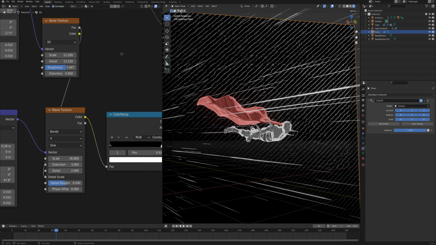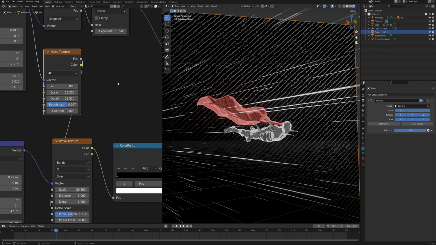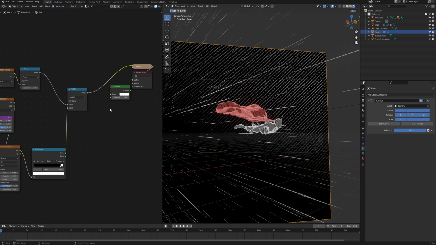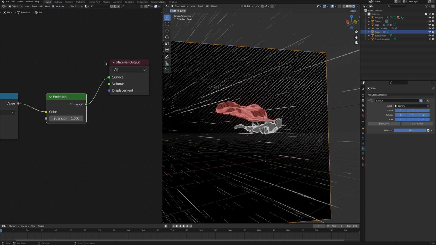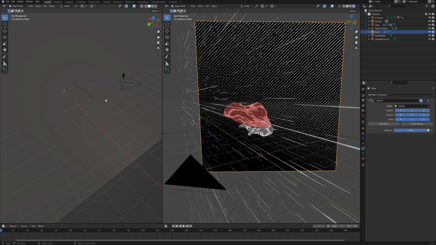Now in order to animate this, we need to change the noise texture from 3D to 4D and do what we did before, so add a driver to our W value. Again, hashtag frame, and we can use the same divider 30 so that it's aligned more or less with the dynamism of our scene. And that is it for our background. Just make sure that you're connecting it to the emission before it goes to the material output surface. And then the very last step is to add a camera filter, which is just going to be a plane with a texture right in front of the camera, and that is going to have an influence on the whole scene.